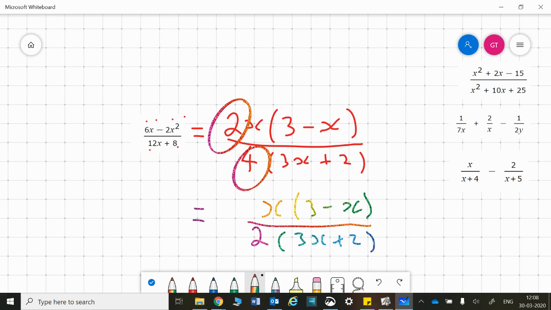Nothing else cancels. Remember, if it's not connected by times, then you cannot cancel it. So for example, although I've got an x here and I've got an x here, I can't cancel those two things because they're not connected by times. Likewise, I can't cancel the 3 and the 3 here because they're not connected by times. If my entire